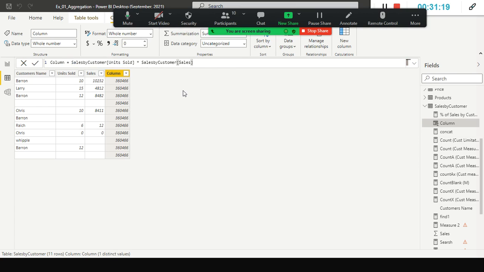Also, try to avoid using calculated columns unless it is mandatory or unless you have any pressing need. Don't use calculated columns to store your intermediate tables. Better you can use that. So I hope you understood the difference between sum and SUMX.